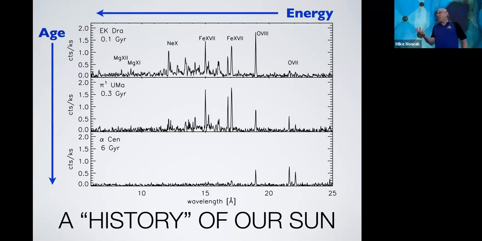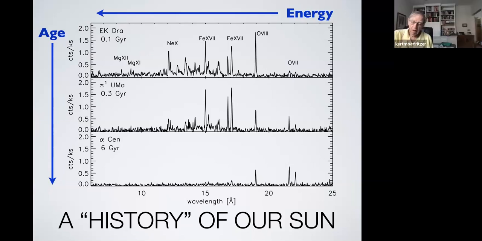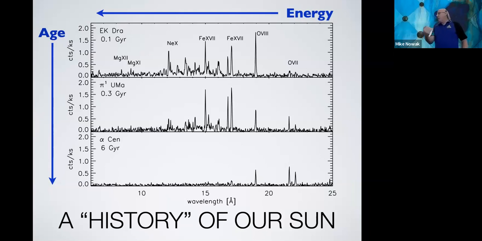So you can see in the top one, there's many more lines. In the bottom, there's many fewer lines. In the top, more of the lines are to the left. As we go to the bottom, fewer of the lines are to the left. What few lines there are are to the right. And basically what you're seeing is both the activity in the X-rays is decreasing with age, and the characteristic temperature of the X-rays is also decreasing with age. So young stars are very X-ray active. So all the solar flaring that happens is more intense in young stars, and that goes away with time.